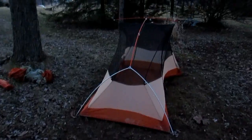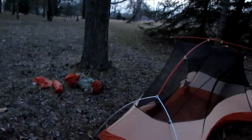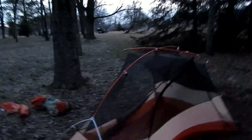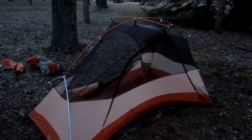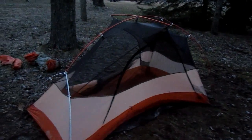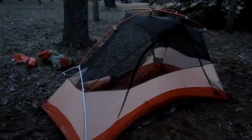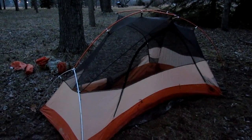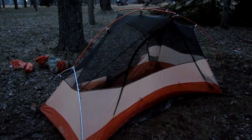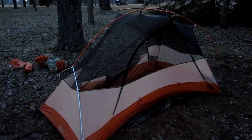You know, it's a good tent, I promise. So you do your research, and don't trust me, do your own research. But I'm gonna put the rain fly on here and then get my sleeping pad and some other stuff set up tonight, charge this battery, and I'll probably do a video on